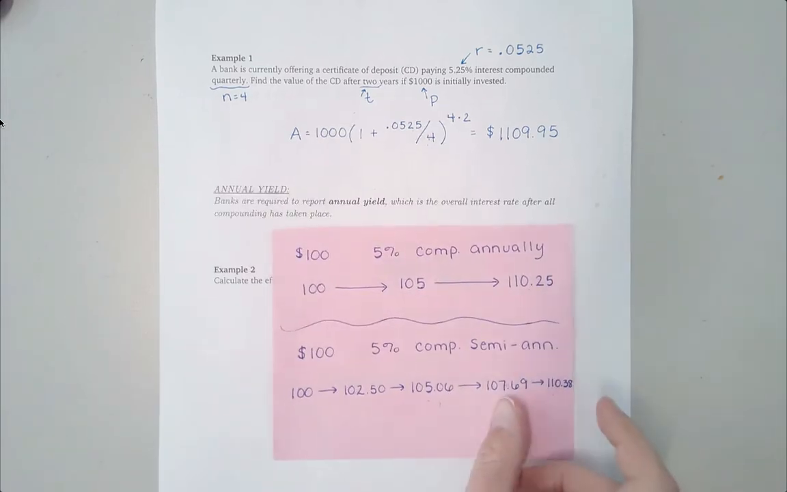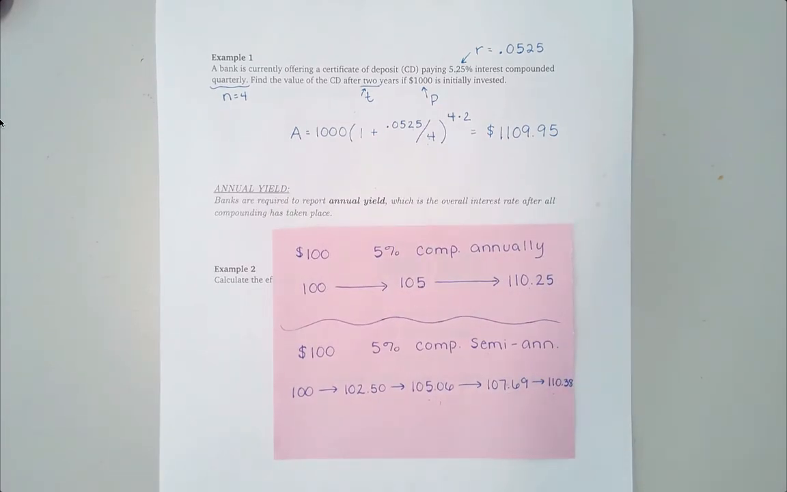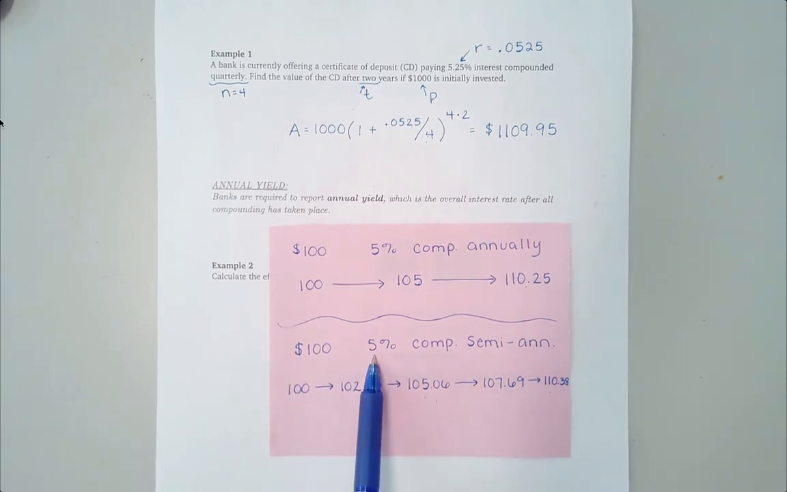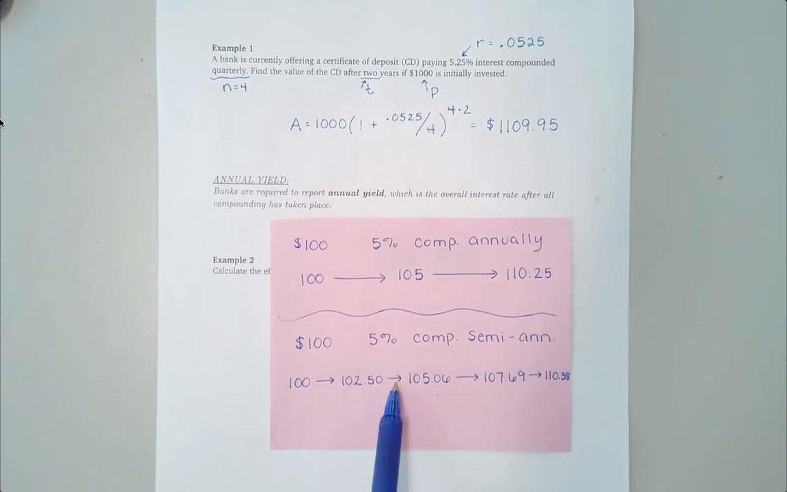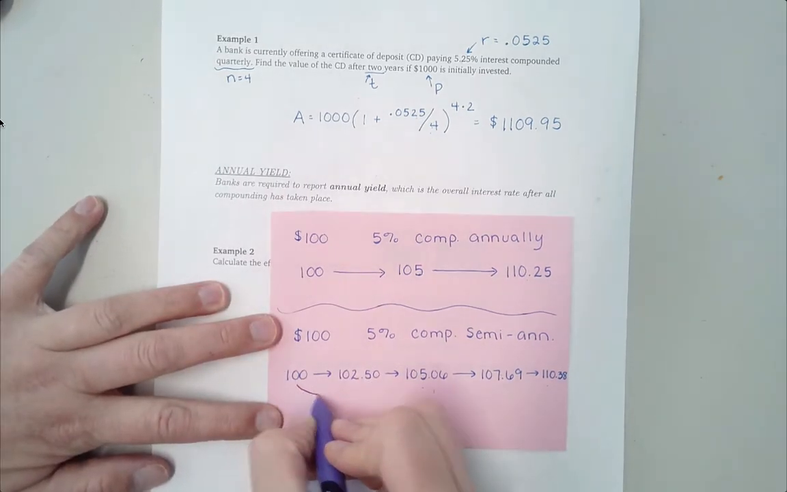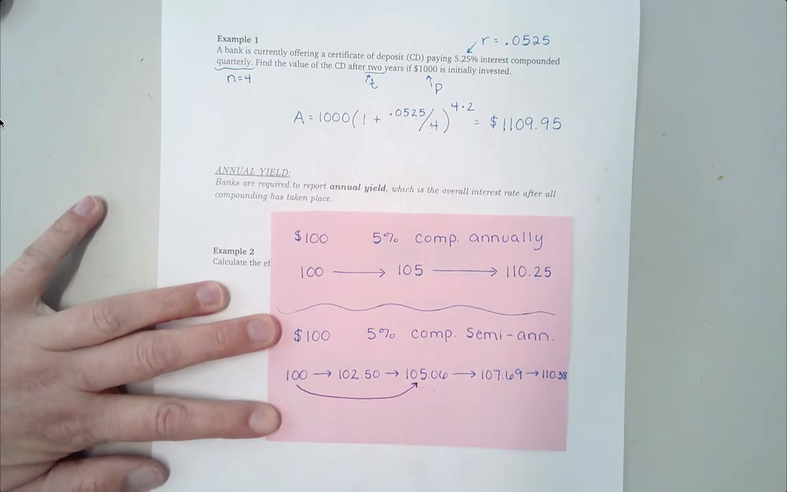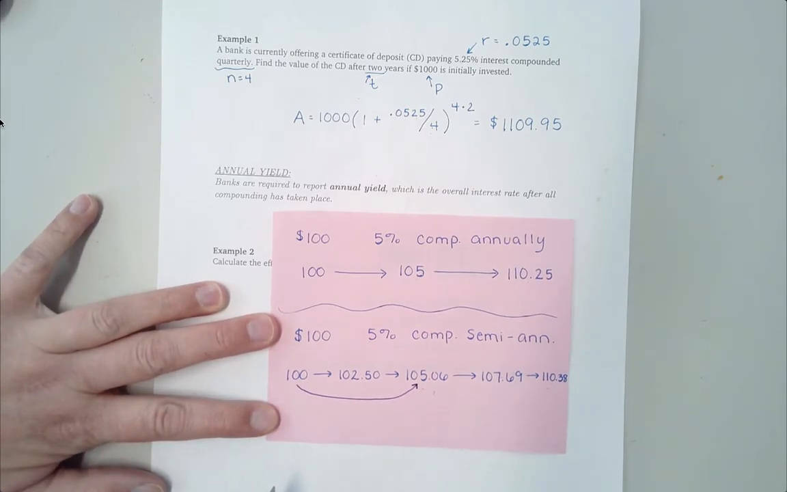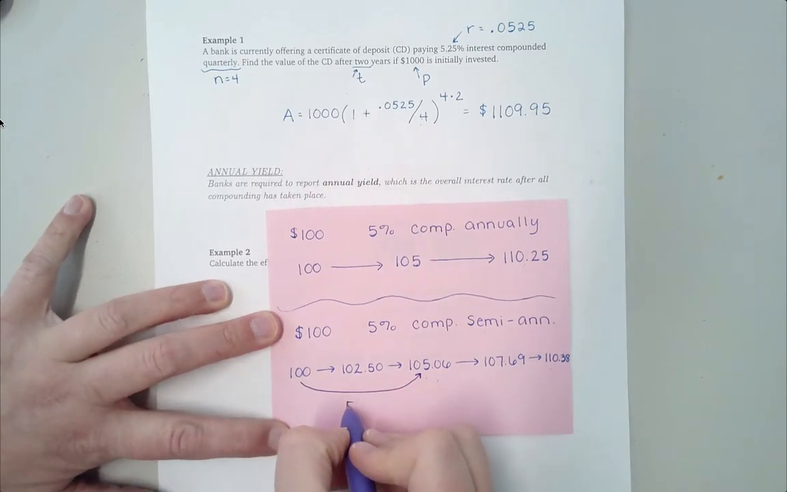So let's go back to this example that we started with here. If I look at this one where I was compounded semi-annually, they promised me a 5% interest rate. And I got that because I got 2.5% and 2.5%. But if I just look at the change from the beginning of the year to the end of the year, that's actually more than 5% growth. From 100 to 105.06 is 5.06%